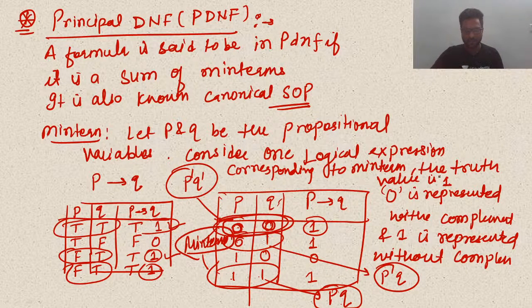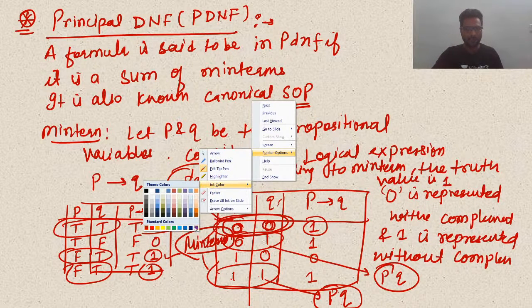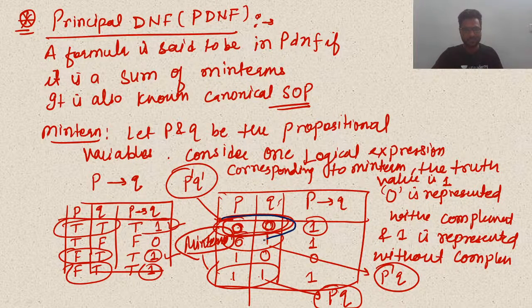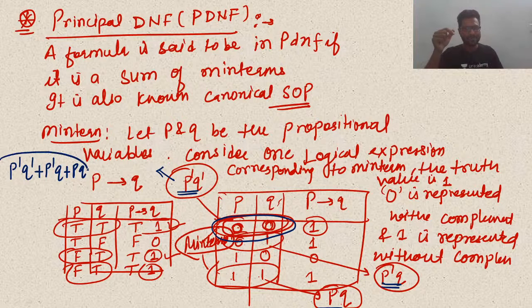Yes or no? Yes guys, tell me. Some students may have a doubt about why we are doing this, so look carefully. Listen to me correctly, guys. If you write minterms like this, then every minterm is an elementary product. Yes or no? Elementary product. And if we sum the elementary products, let's say p dash q dash plus p dash q plus pq, that is the sum of minterms. So this function is in two variables p and q.